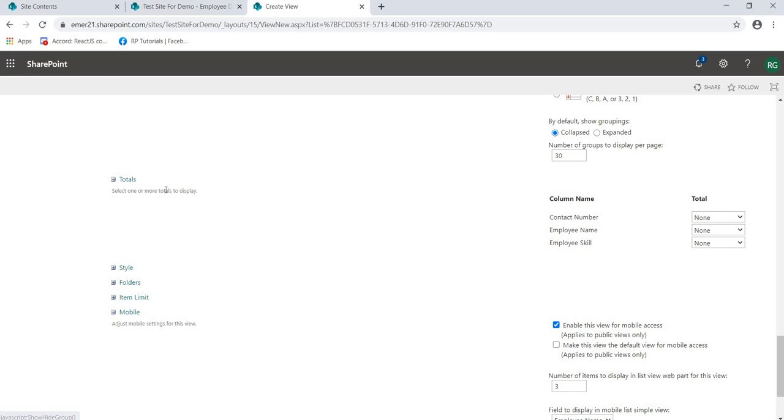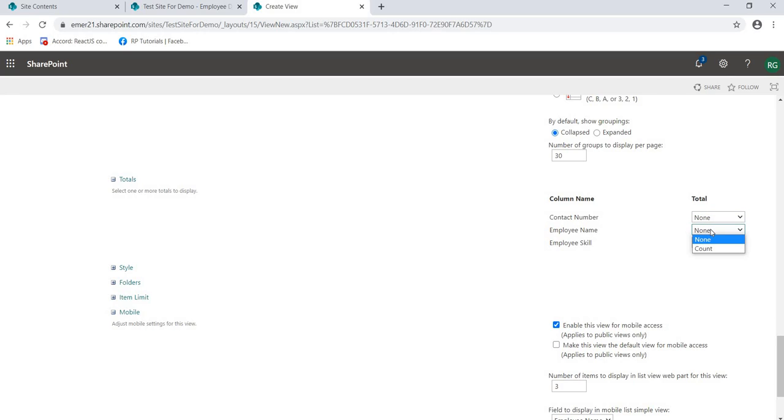Suppose you have a salary column or any calculated column and you want to find the total of that column's values. You can click here and get the count or average of that column. So here we have these 3 with us, so you can just click on this. For contact number, since this is a number, we have these options to create count, average, maximum, minimum, sum, or any kind of function you want.